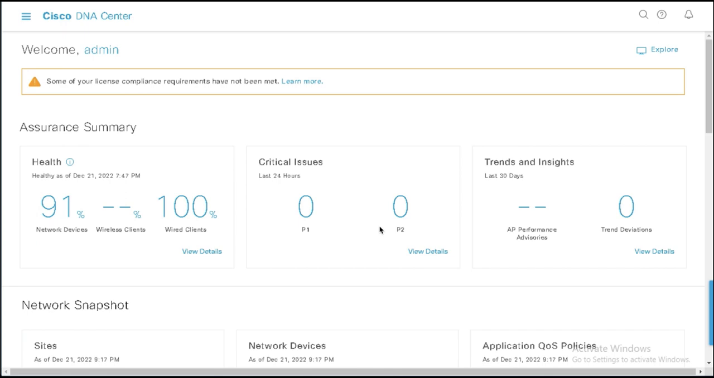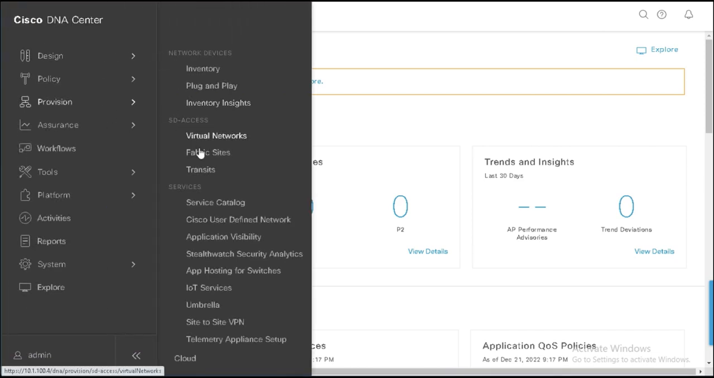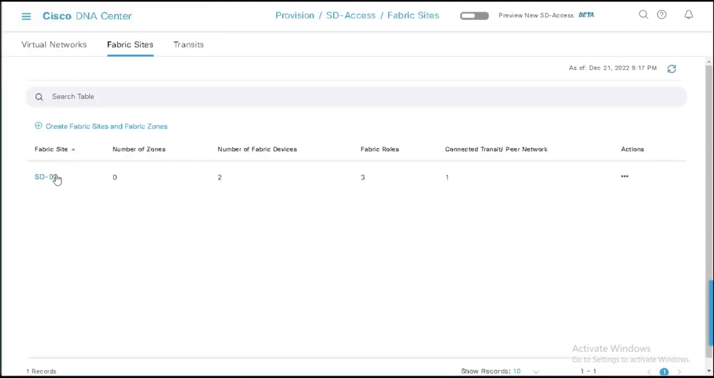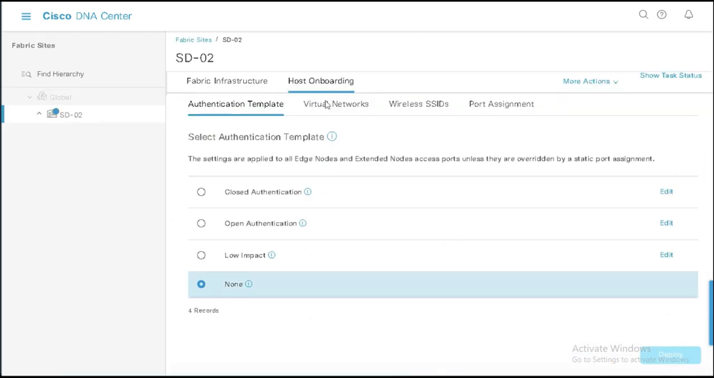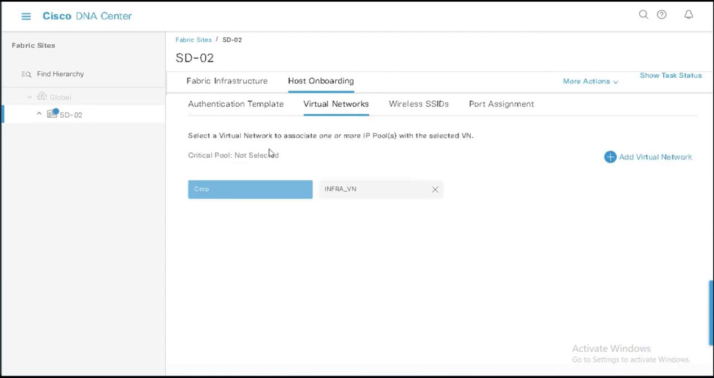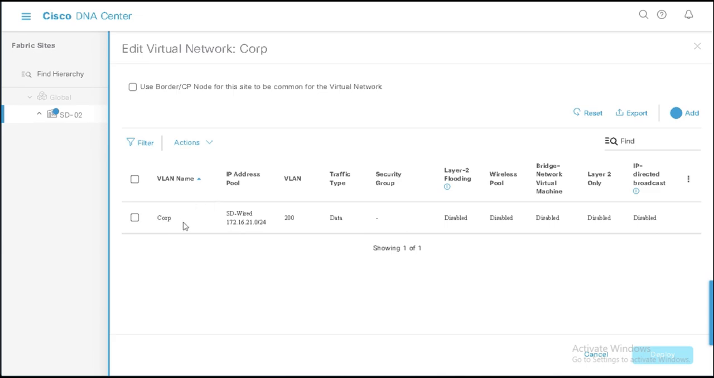Now that we've seen an overview of the IP-directed broadcast feature, let's see how this is enabled for both existing and new subnets that might be in a virtual network. So first we're going to go here and take a look at our site. We'll do Provision, Fabric Sites, and come to this site SD-02. If we go to Host Onboarding, we can see that we have a virtual network in this site called Corp. If we hover over this, it'll say it's got one host pool. If we click on this, we can see that there's a Corp VLAN here with